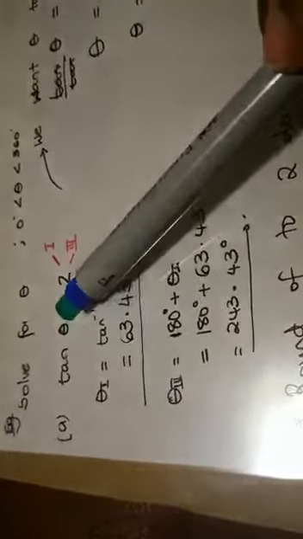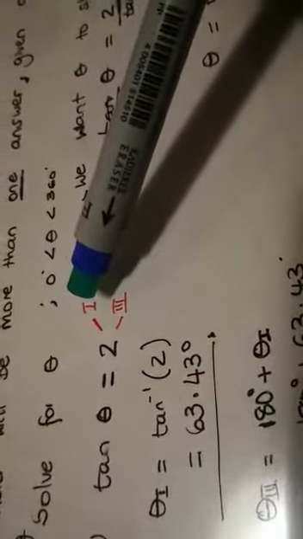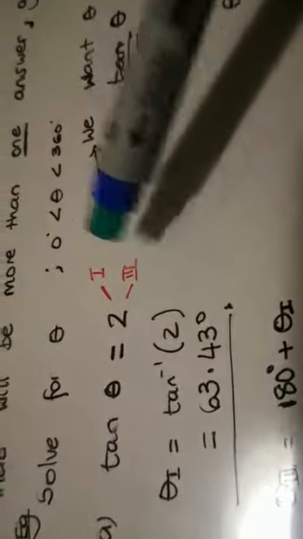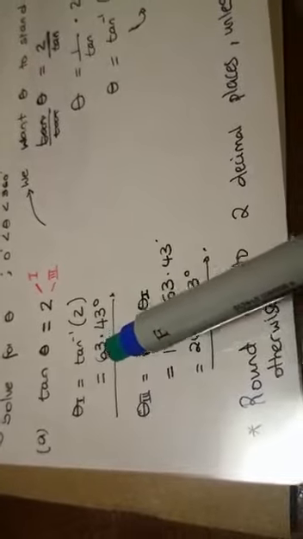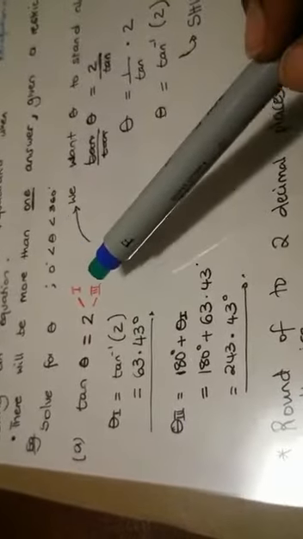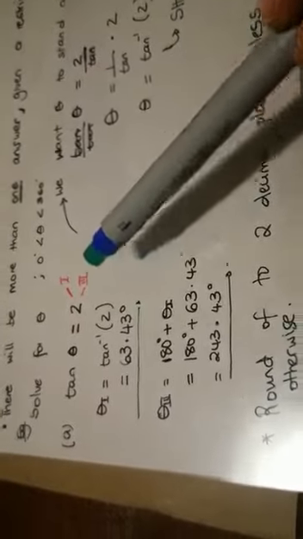Okay, so we are looking for theta. I've found the two places: quadrant 1 and quadrant 3. Then you do your tan inverse and you find that the angle is going to be 63.43. Okay, and now because we have two answers, the third one on the third quadrant, so theta 3